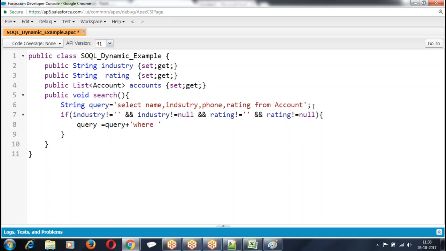query plus where. So what we have: where industry equal to single quote plus industry value single quote, and where rating equal to single quote plus rating value, followed by